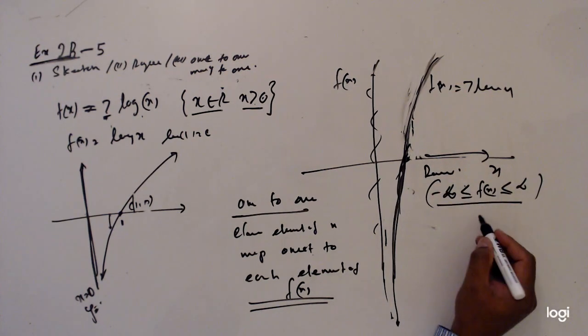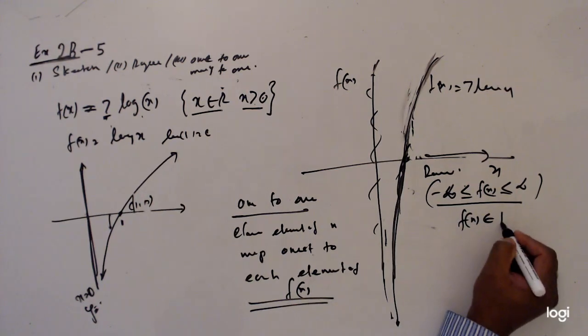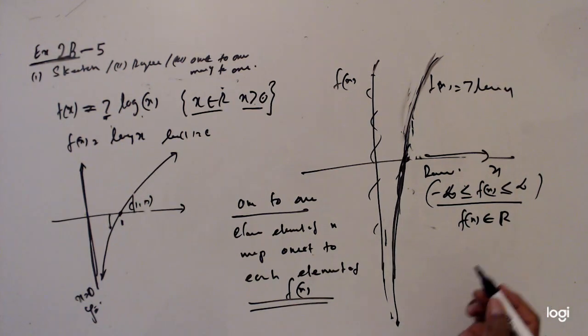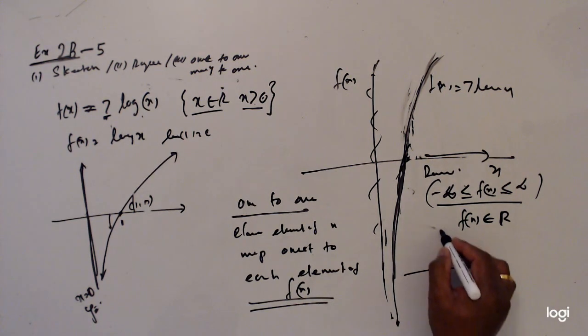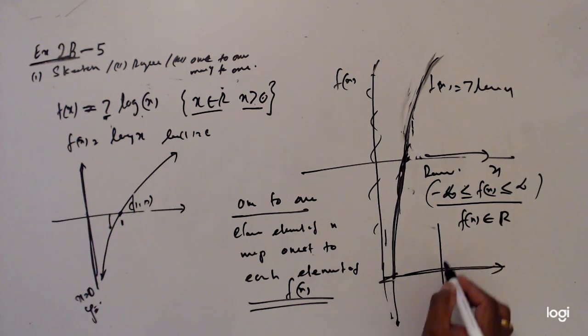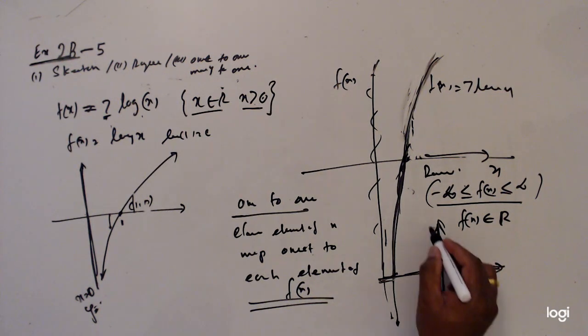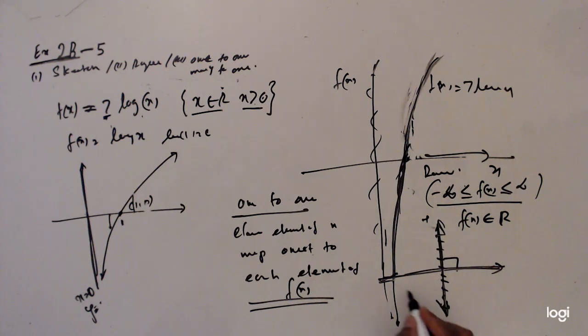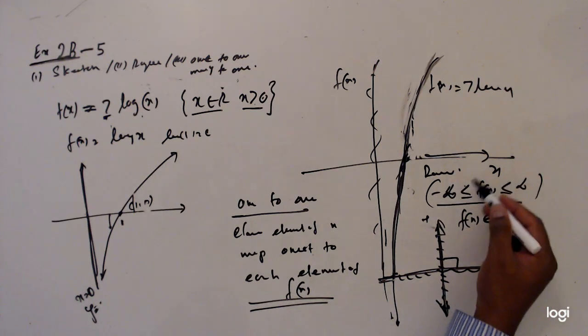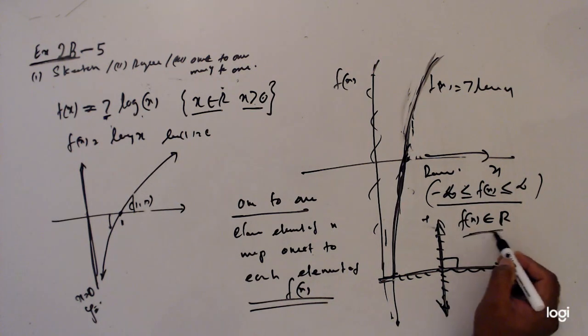The same thing you can write: f(x) is an element of the real numbers, because we make the Cartesian plane by keeping two number lines across at a 90 degree angle. This is another number line and this is another number line. Even if it is y, it is still the real numbers. x, all the real numbers. So instead of telling that, we can tell that f(x) is an element of